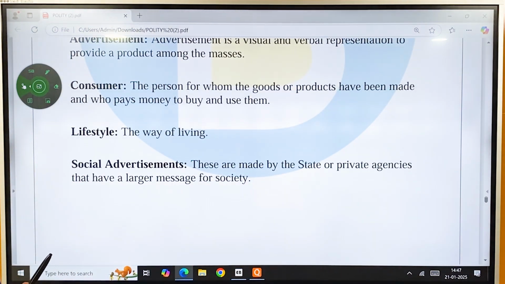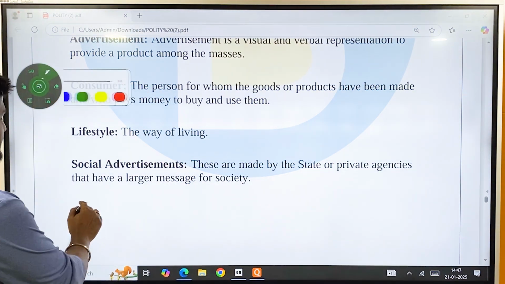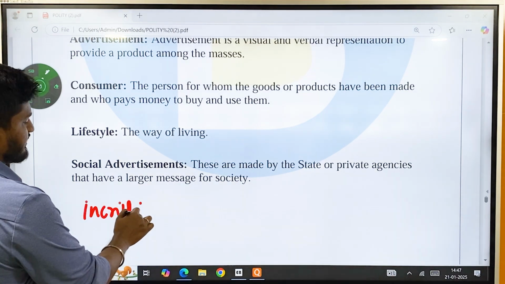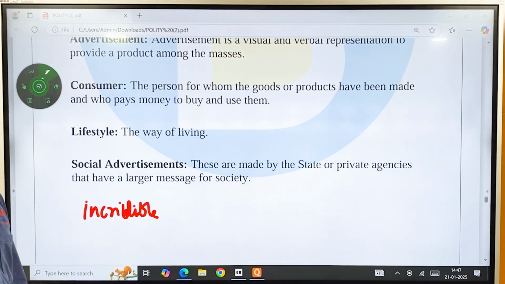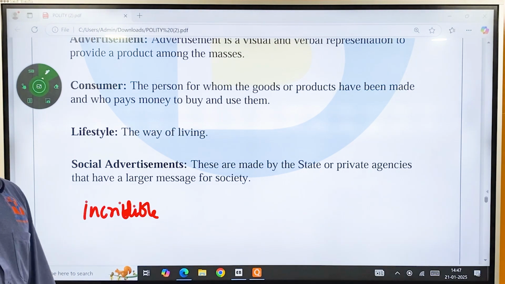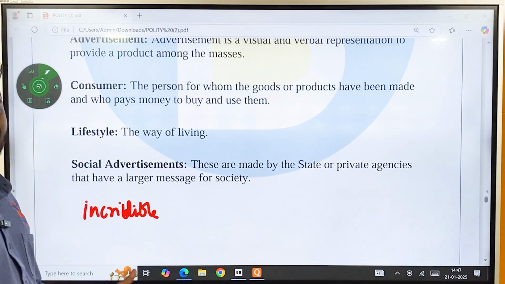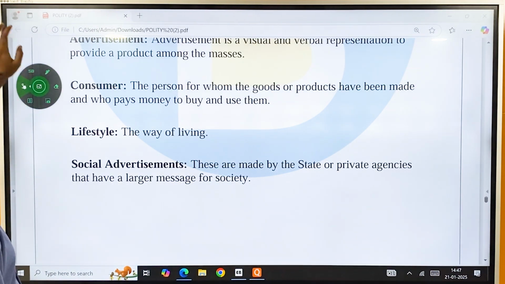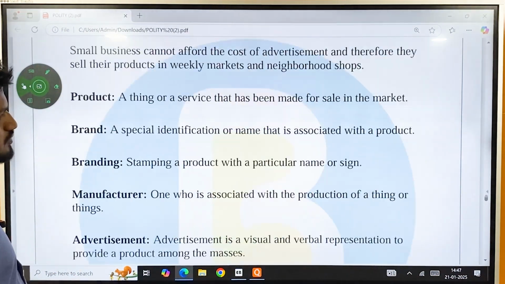Social advertisements are made by the state or private agencies that have a larger message for society. For example, Incredible India. Incredible India is a tagline of the Government of India to improve the tourism industry in India. It wants to attract more people from foreign countries to come and visit India. So that is an example of social advertisement. So, to sum it up,